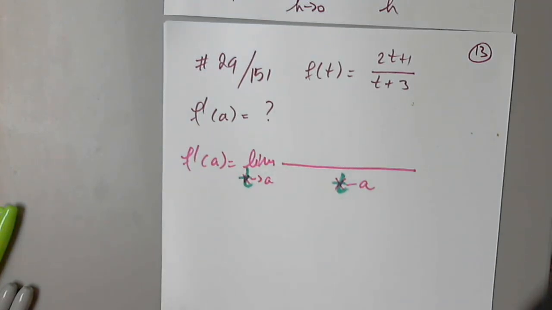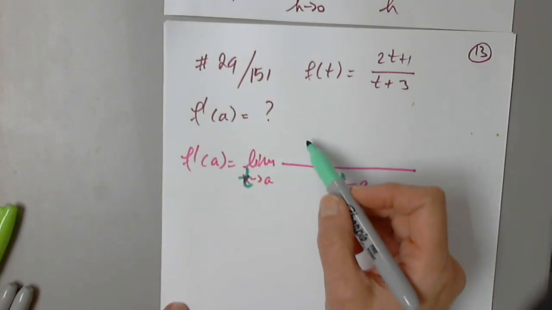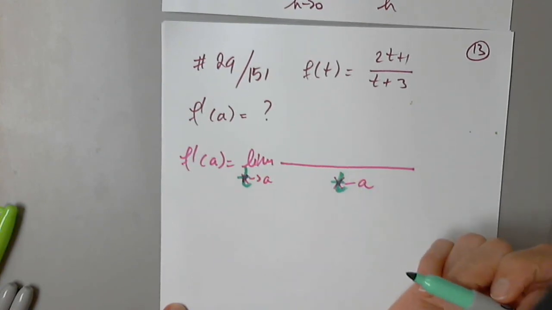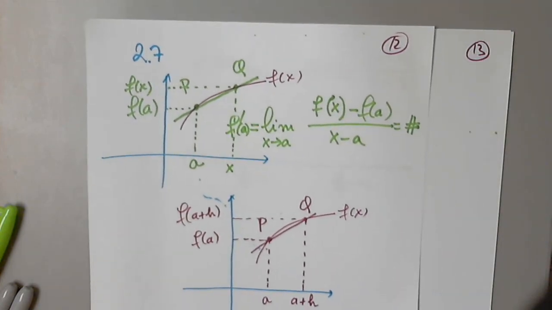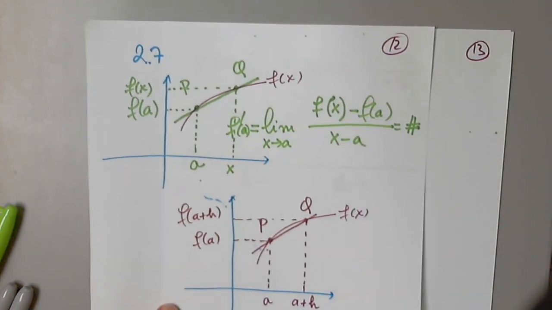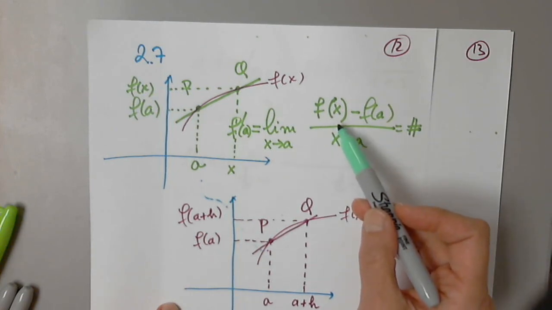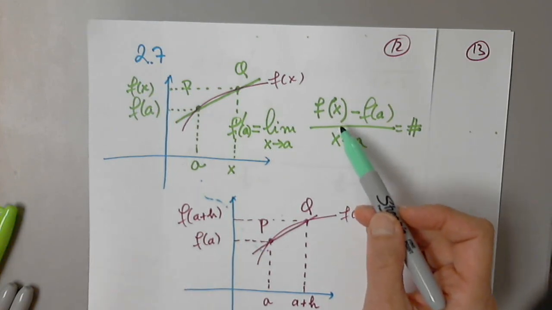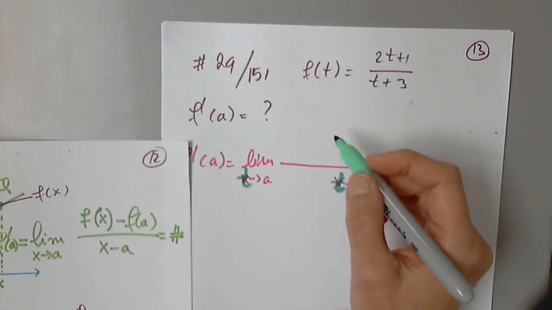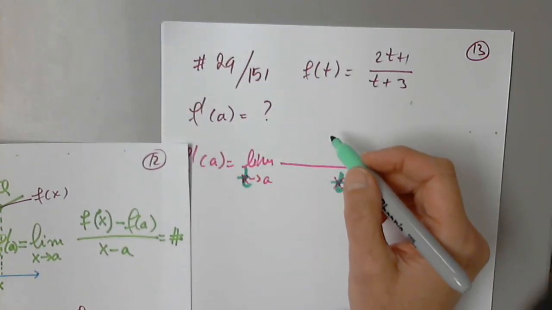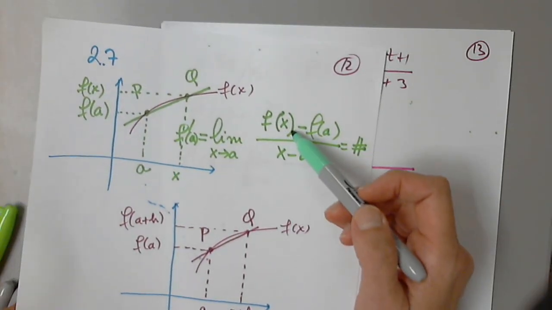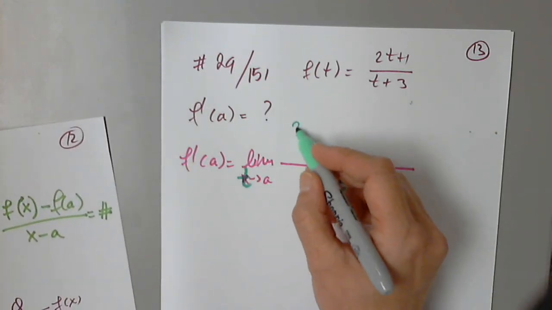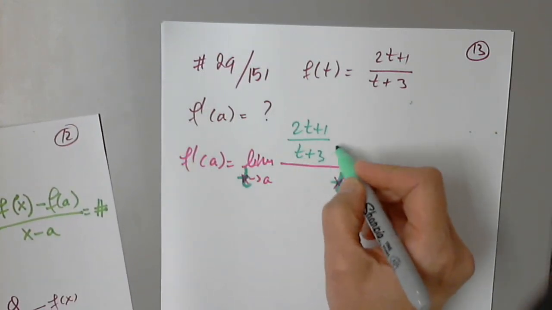Okay, so what do we write? So, what do I write? It's the function, right? There is no discussion there. Okay, so then 2t plus 1 over t plus 3 minus